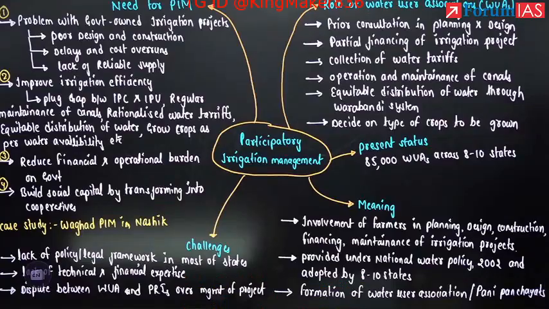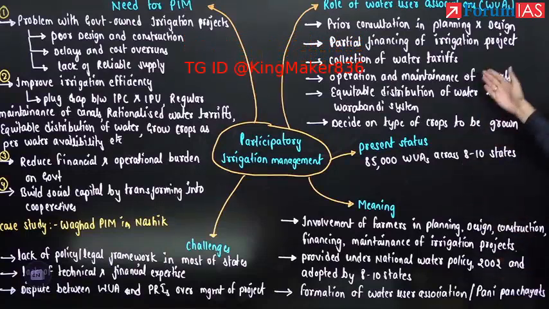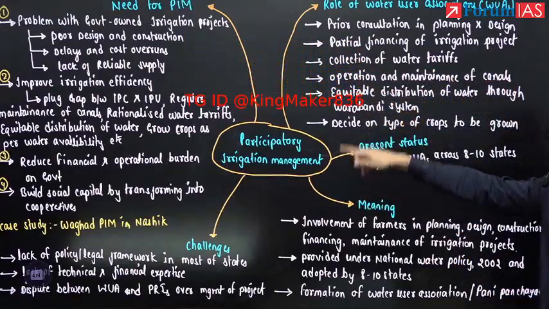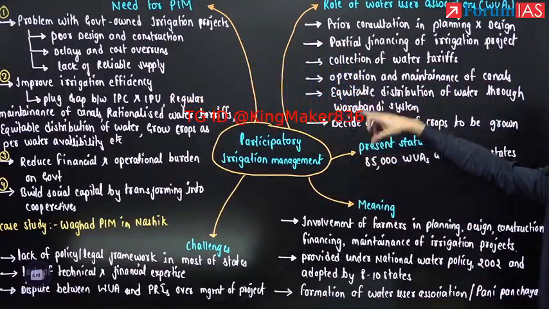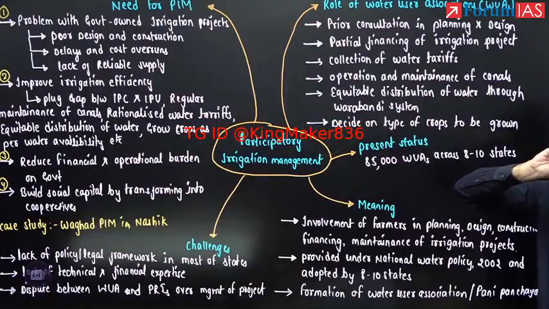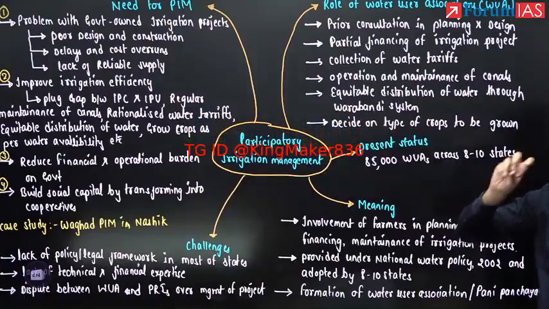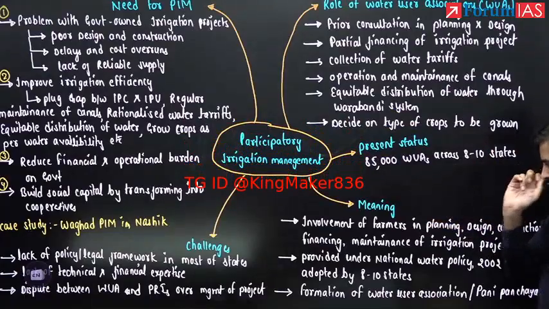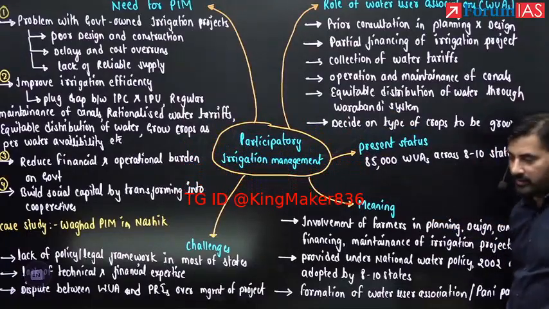You have heard of PRIs, Panchayati Raj institutions. Same like that, you have Pani Panchayats for managing command area development. You can see all of these things we have covered. I hope you're able to remember that. Challenges, need for participatory irrigation management. Okay? So complete this on your own so that in the next class, I can start off with,